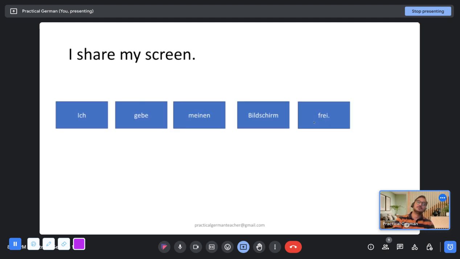Now in this scenario, yes, freigeben, but share can be used in other scenarios as well. Like to share a chocolate with someone. There you cannot say freigeben. There you will have to say teilen or something else. Or aufteilen. Any questions? What I'm saying is you should use freigeben when it comes to sharing a screen online. Any questions? No questions. So instead of saying freigeben, you can also just say sharen.